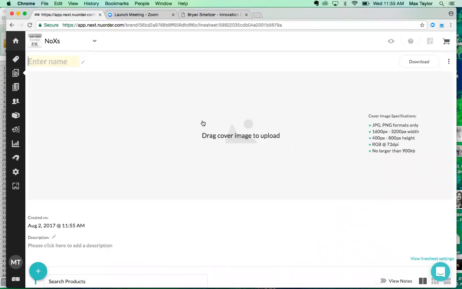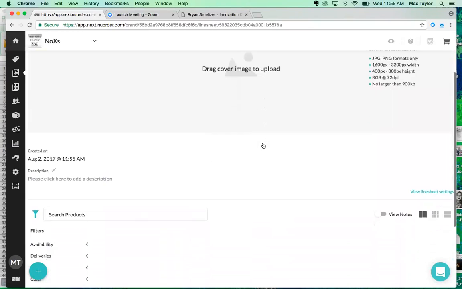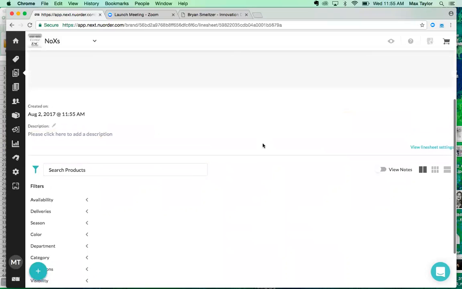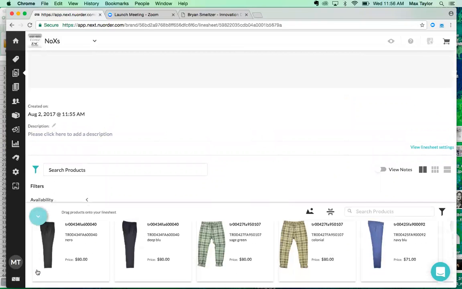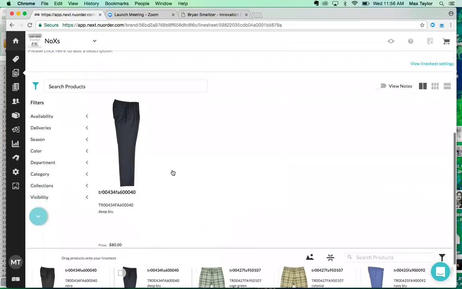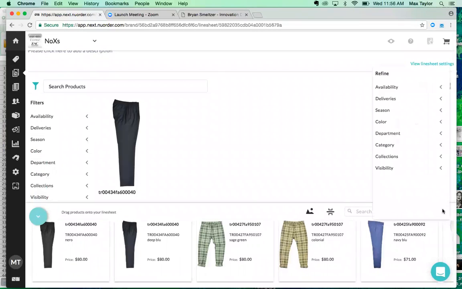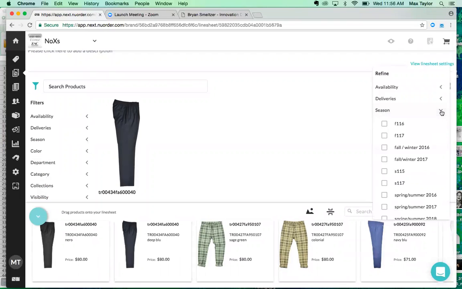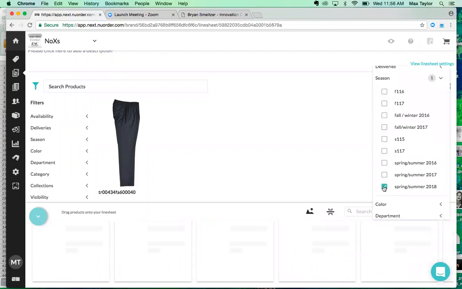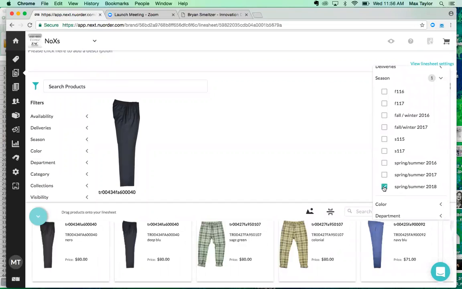You can drag and drop what we call a hero image. So you can make a little banner, like a lifestyle image or something like that. And then you can literally just do add items. And if you want, you could individually drag and drop, or I can just filter based on the season. So I could do like spring, summer 2018. We'd like all the 18 and under one banner, Max. If you can do that. Yeah, so that way,